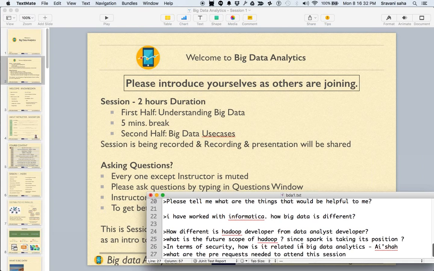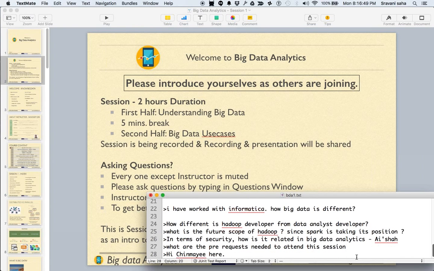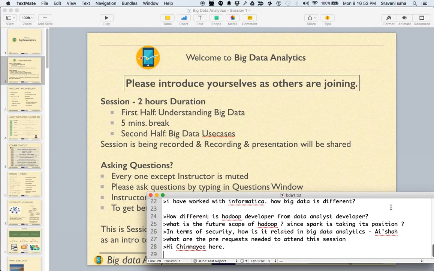So Madan's question is, what are the prerequisites needed to attend this session? To attend this session, you just need a basic idea about databases, or how we generally organize data, and a little bit of knowledge about statistics. For example, what is standard deviation? If you can answer that question, you should attend today's session. All right. Now, yes, Vinesh, the webinar is recorded and will be shared with everybody. All right,